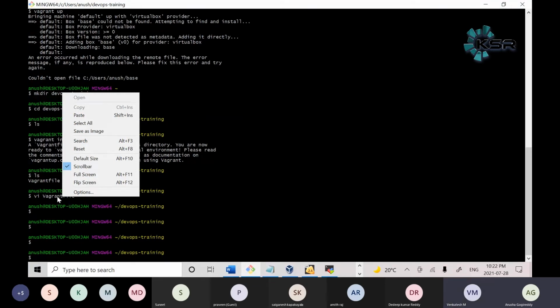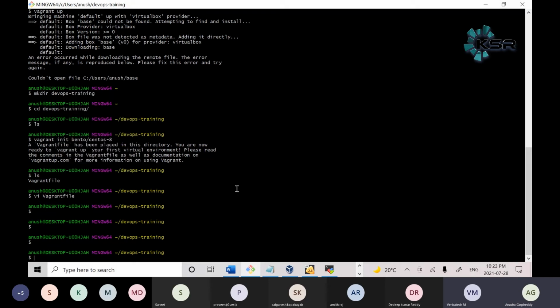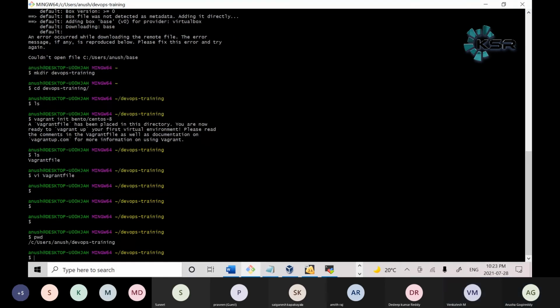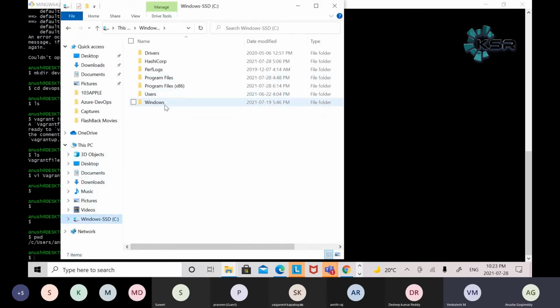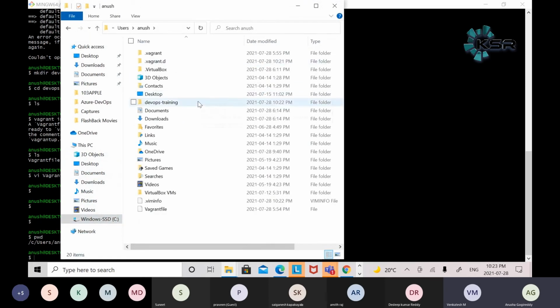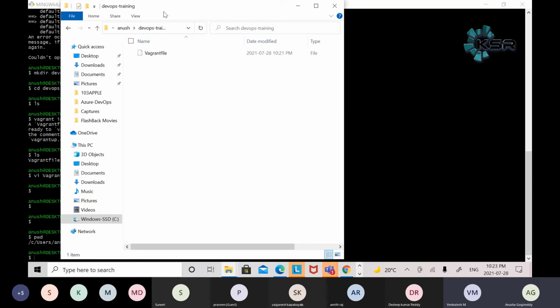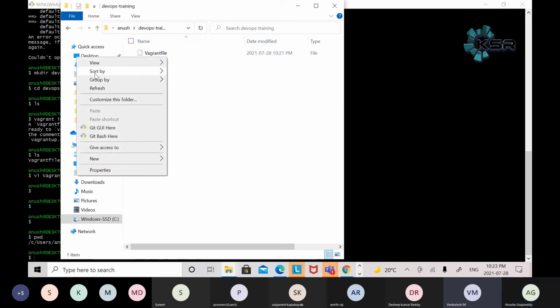No worries, no need to panic here. Just go to this particular path in your user directory. Anusha, you can go to your Windows C drive, Users, Anusha, then the DevOps training folder.